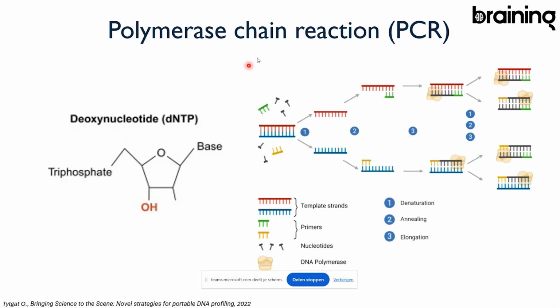And I will be very brief because, as I said, I guess you've heard about this. But just in case you forgot or you did not hear about it, the polymerase chain reaction is used to basically copy pieces, segments, fragments of DNA. So how does that work? You have a double-stranded DNA. You denature the DNA into two separate strands. And basically, based on complementarity, you're going to copy those strands.